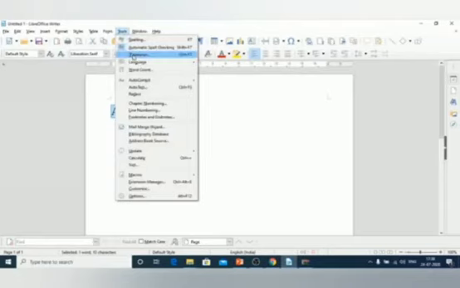This drop down list will open. From here you can select thesaurus, or we also have this shortcut key available, Ctrl plus F7, to open the synonym list.